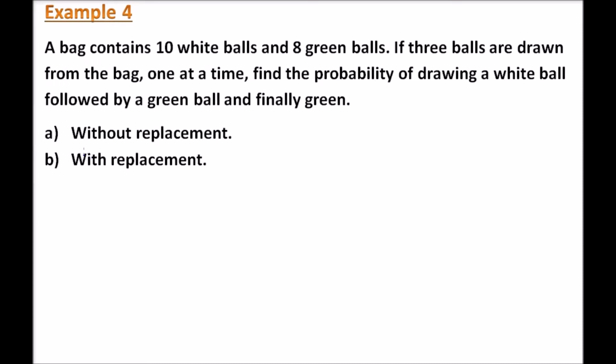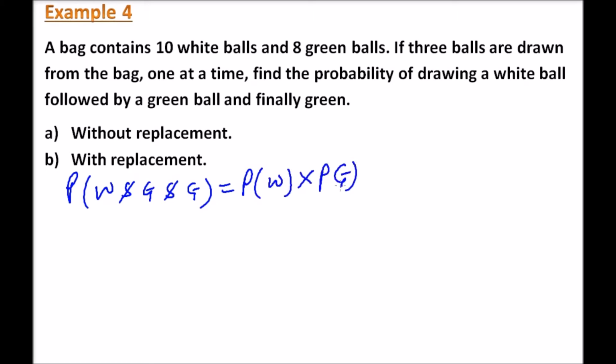Now, part A without replacement and part B with the replacement. So in this case, we say that since we are drawing the ball one after the other, they are independent events. So we say probability of getting a white ball and a green is equals to, since it is with the replacement, it means that it is a probability of getting a white multiplied by probability of getting a green and multiplied by probability of getting a green one, which is equals to,